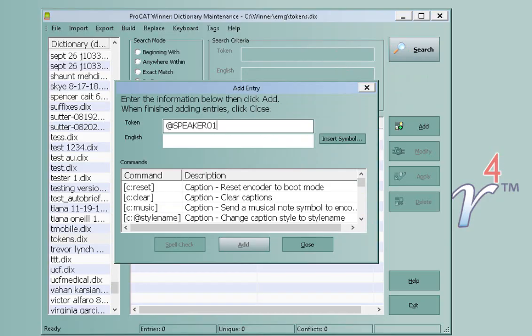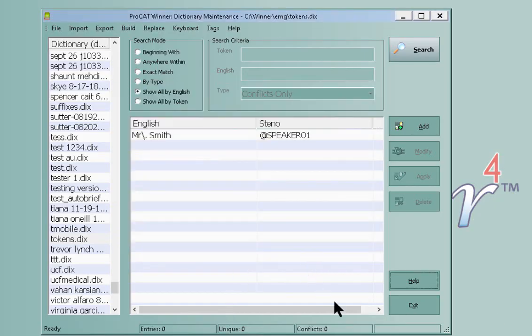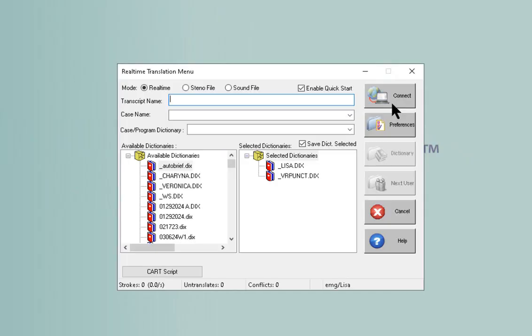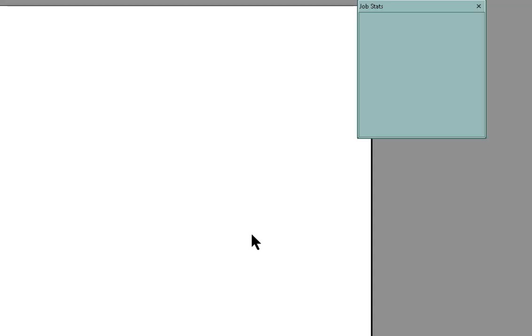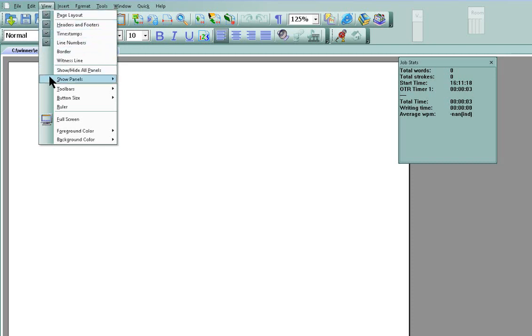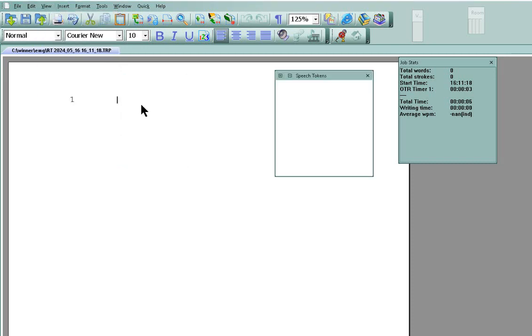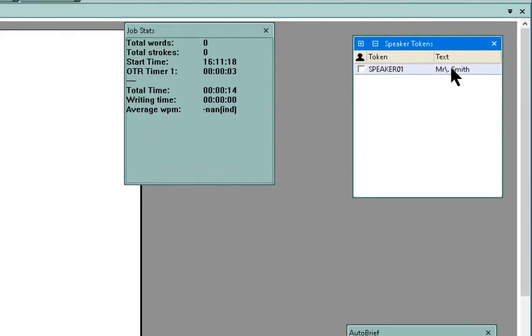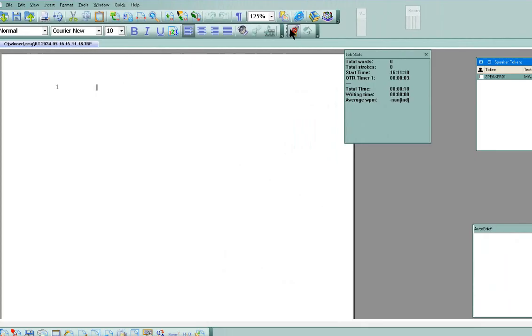So we're going to add. We're going to take our at speaker 01 and then give it Mr. Smith. And we're going to add it. We're going to go back into real time. And now we're going to open our tokens panel. Our speaker panel. You'll see the one that I just added right here, Mr. Smith. And if I start talking here,